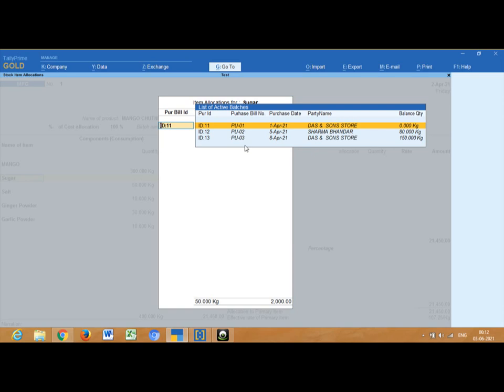Okay, when we make the purchase bill, this batch field is skipped by default. We cannot change it or make a new batch number. Okay, this is by default. This is taking the batch ID by default. Now